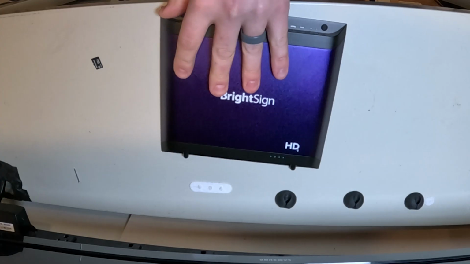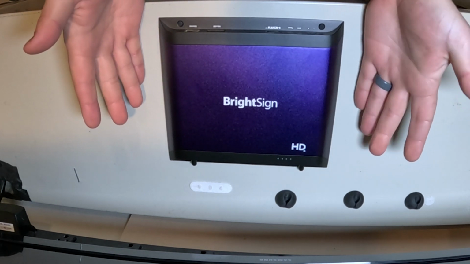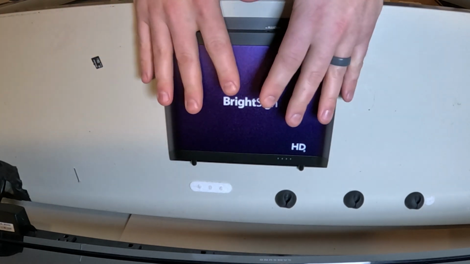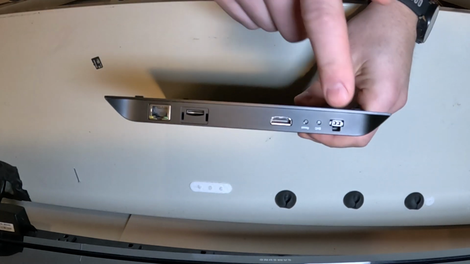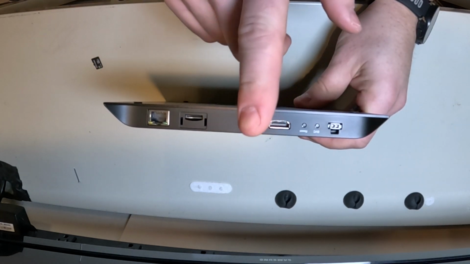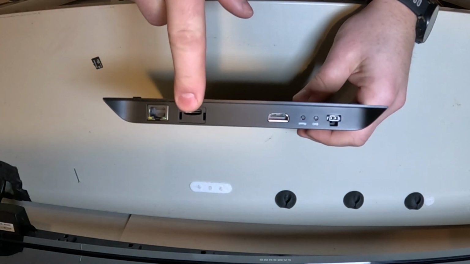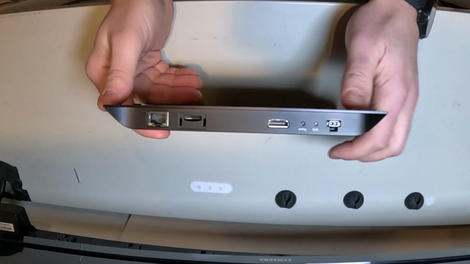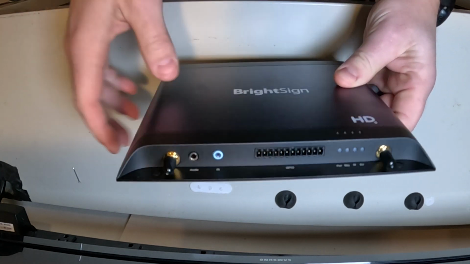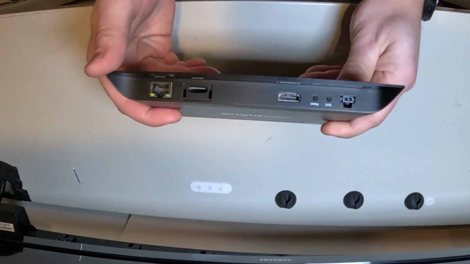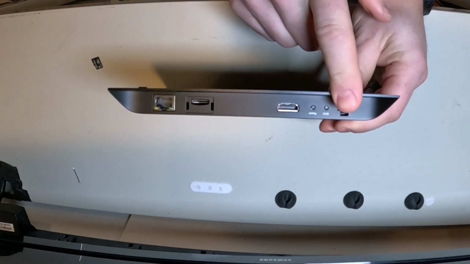All right, so here we have a BrightSign. It's the BrightSign HD 225. It's their latest series, middle of the road version. And if we look here, we've got our power, we've got our HDMI out to the TV, we've got a micro SD card slot, and network. Now it does also have antenna options and a GPIO and some other ports, but we're going to be using these today. So first thing we're going to do is we're going to get it plugged into power.